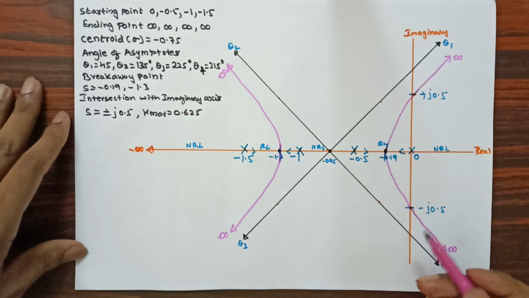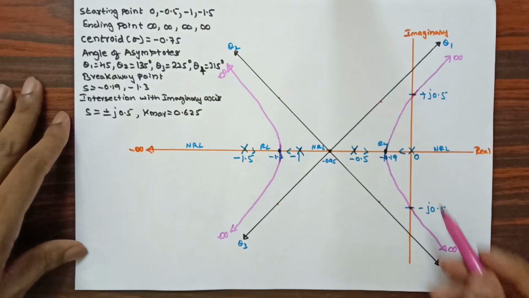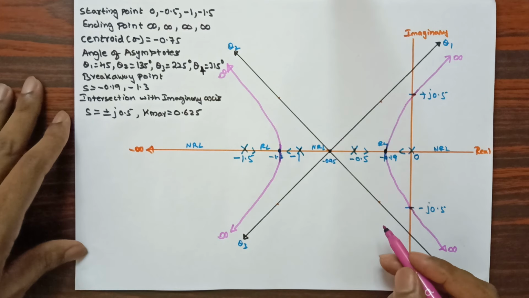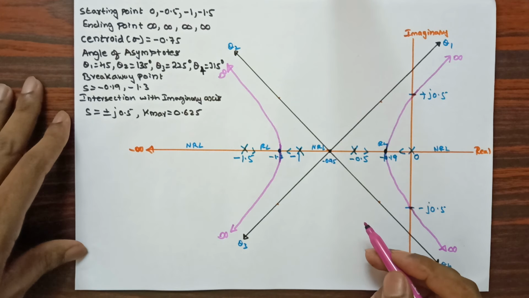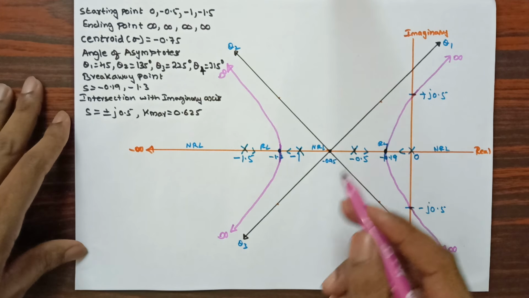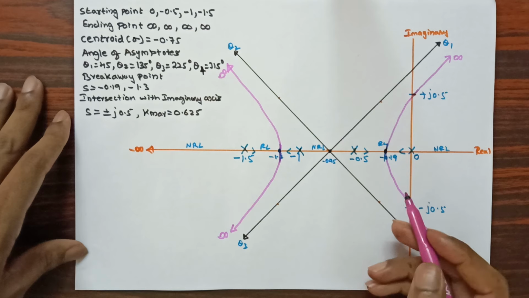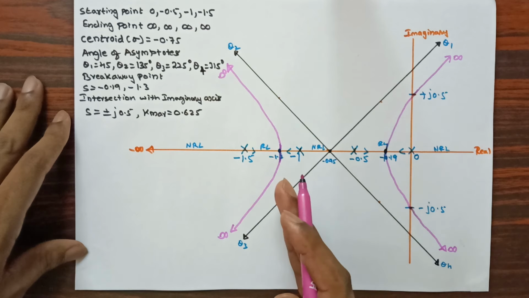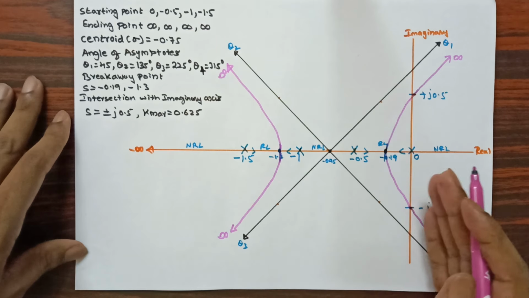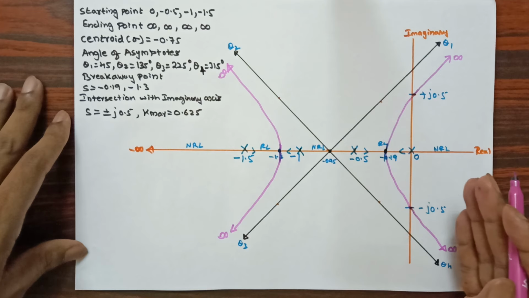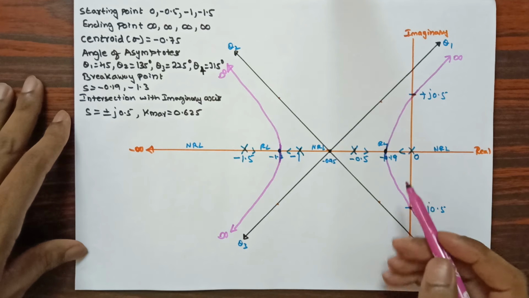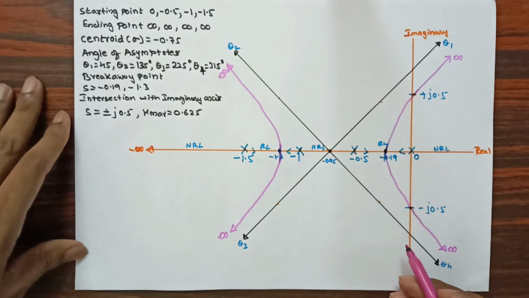You can see here I have got the locus that is symmetrical. Now next we are going to comment on stability from this root locus. For that, we know that for the system to be stable, the roots should be on the left hand side of the S-plane. If any root comes onto the right hand side of the S-plane, then the system becomes unstable. If the roots are on the imaginary axis, then the system is said to be marginally stable.